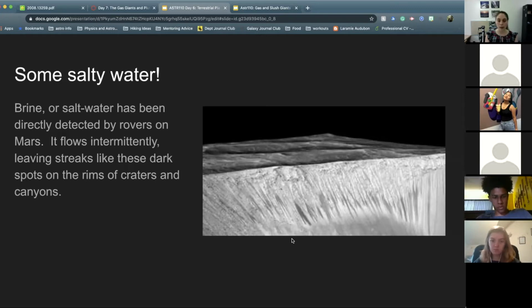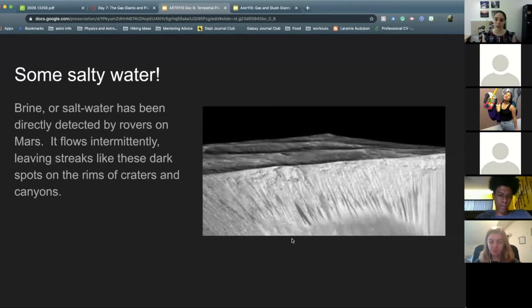The reason briny water can exist is because salt water has a different freezing temperature. If you think of putting salt out on sidewalks in the winter to get rid of ice, it's because the salt water will be liquid at lower temperatures than non-salty water. So there is some very, very, very salty water on Mars that is in a liquid phase, but there is not much, and it is only there intermittently. So it's not a good place for life to exist because it's not always there.